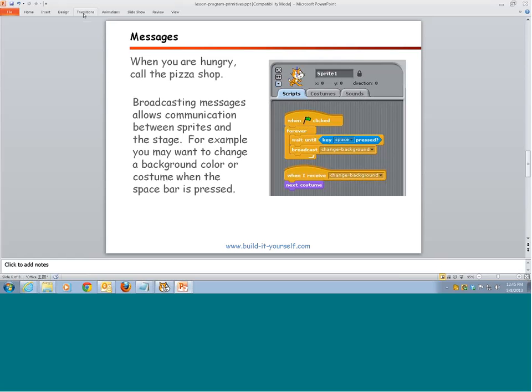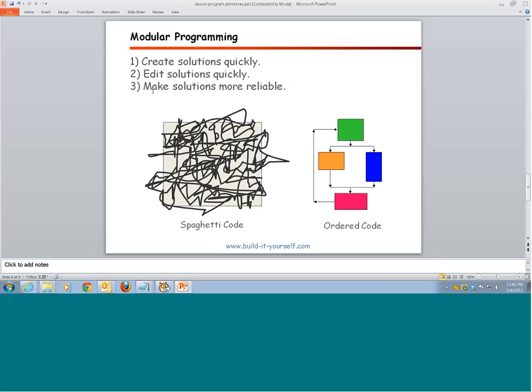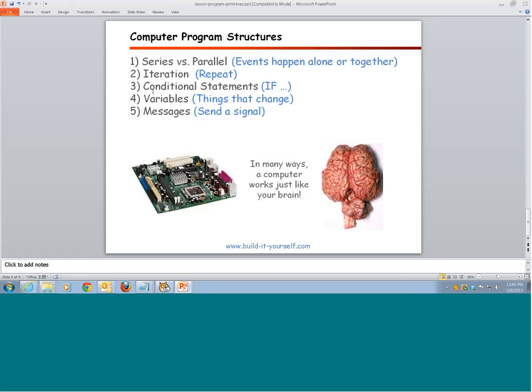Okay, how fast can you go in a car, and people have to drive like that? Okay, that's the message you send to people. Okay, when you are playing and you need to go to the bathroom? Okay, yes. So, children, you have done these concepts before in your Scratch program.